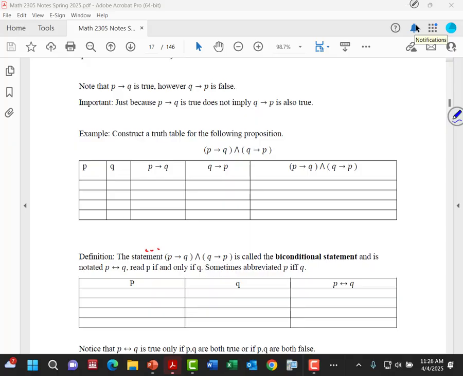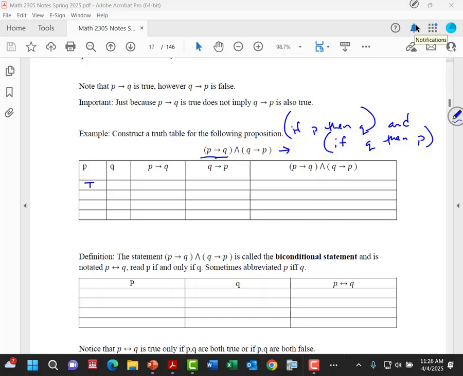If I wish to write this in words, this is read: if P, then Q, and if Q, then P. So if P, then Q, that's this clause right here, and if Q, then P. So if I begin to construct my truth table,